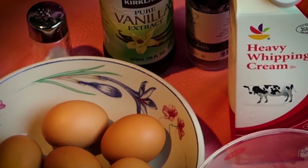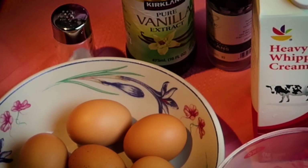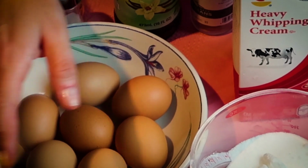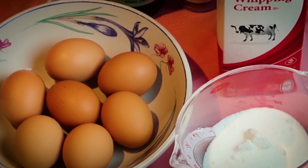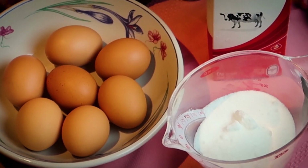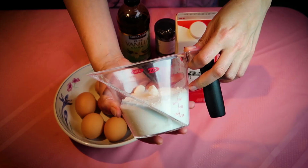Here are the things we'll need to make our creme brulee. There's really only 5 ingredients needed. We've got eggs. We'll be using just the yolks from the eggs. You can use 6, you can use 7, depending on how rich you want the custard to be. But in my case, I'm gonna try it with 7 yolks, so we'll have to separate these eggs. We'll be using